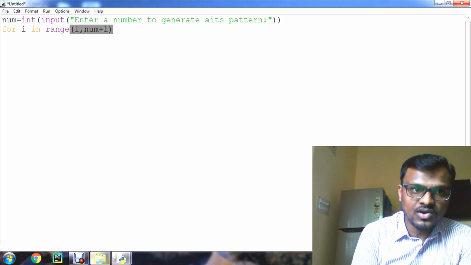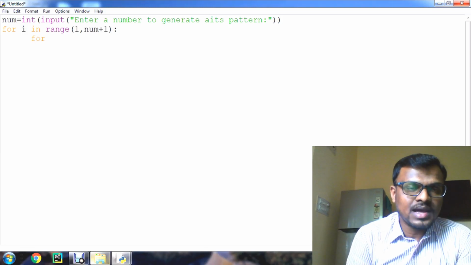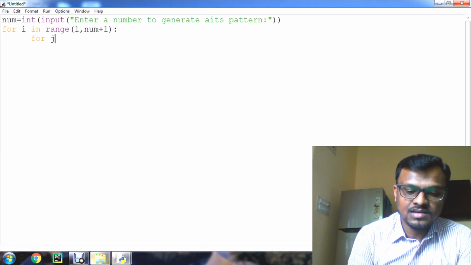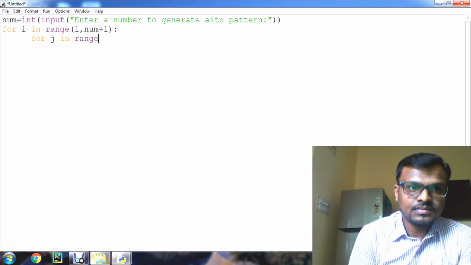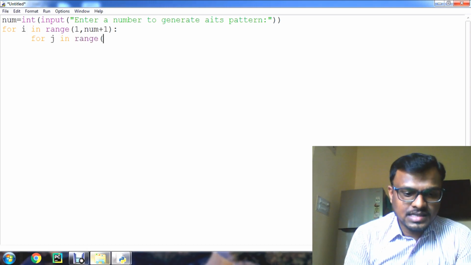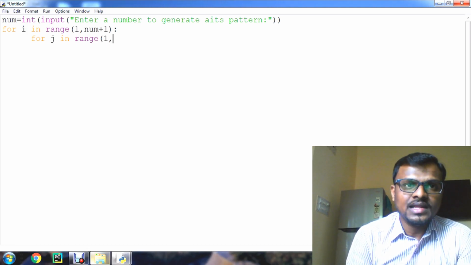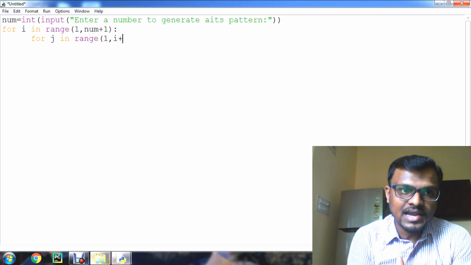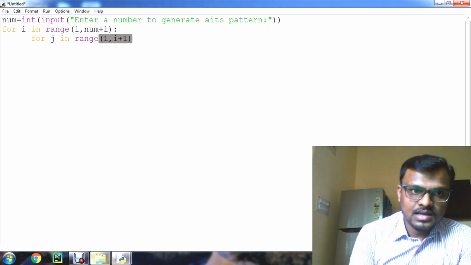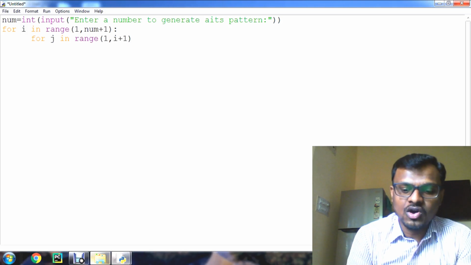After that, a nested loop: one more for loop, for j in range. In this I am also starting from 1, and I am incrementing the upper value by 1, so that in every iteration it is incremented and added into the next output.